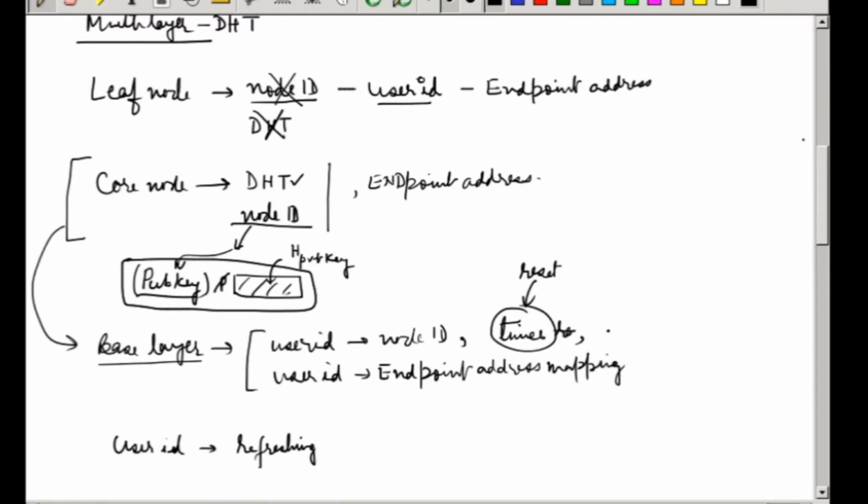There will be another timer, a purge timer, for this. Whenever this particular timer expires, the purge timer will be started, and after the purge timer is gone, this entry will be removed from the table. Similarly, there will also be a timer here which has to be maintained, and there has to be a purge timer.